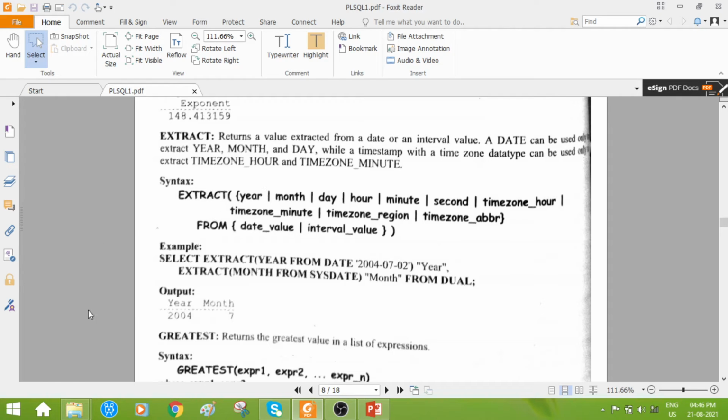It will be more convenient for you all if you check out the example below. With the help of select operation, select extract, we have many options: year, month, day, hour, minute, second, time zone, many are there, right? We are using only year, or it could be any one of them. So extract year, then see the from clause here in the syntax. From, we have chosen date value. We have not taken interval value here. So from date, see date is a keyword. Okay, then you should pass the value. Date value they have given.